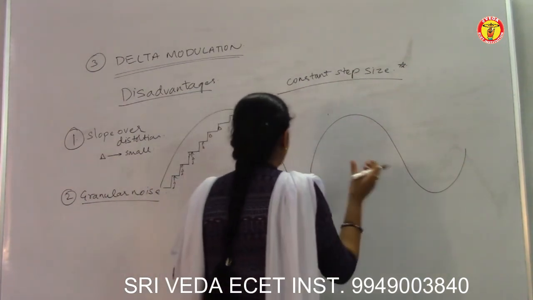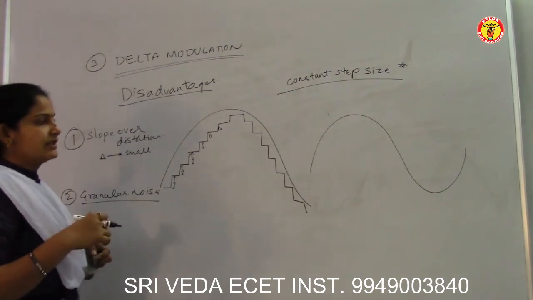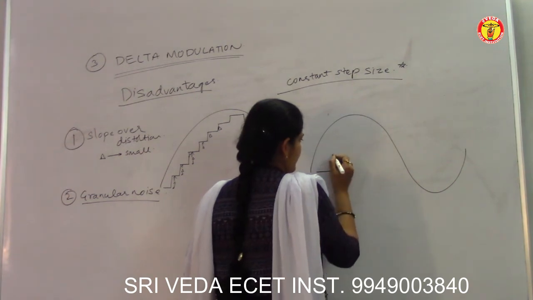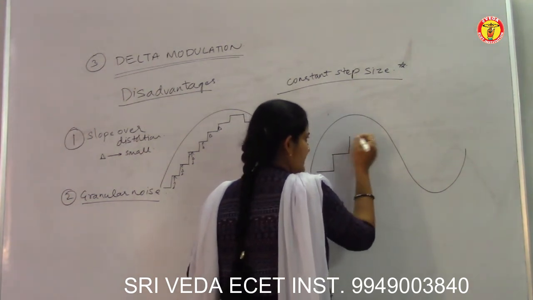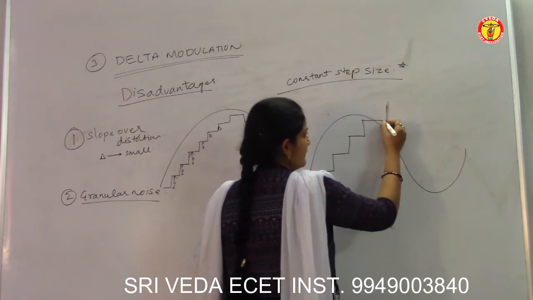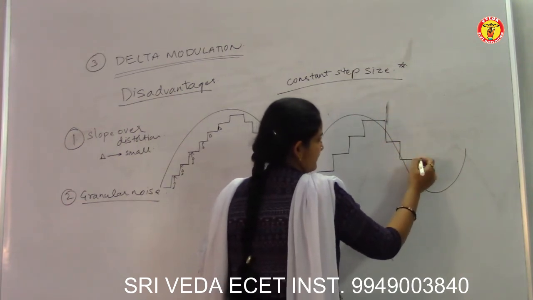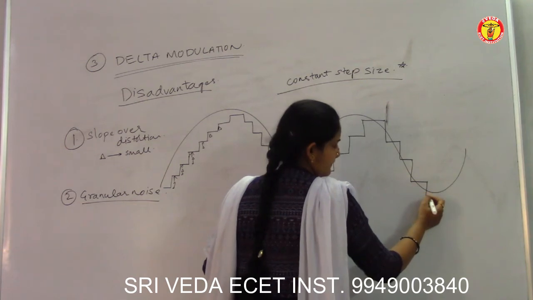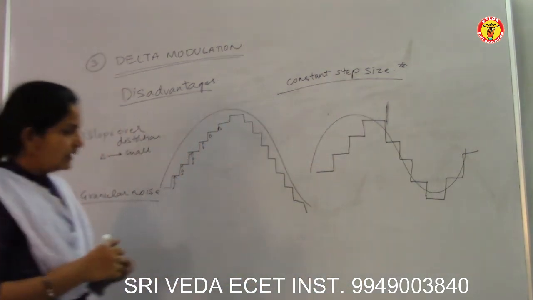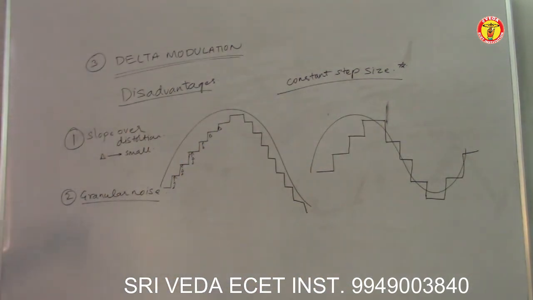So when the step size is very large compared to the variations of the input signal, because of this